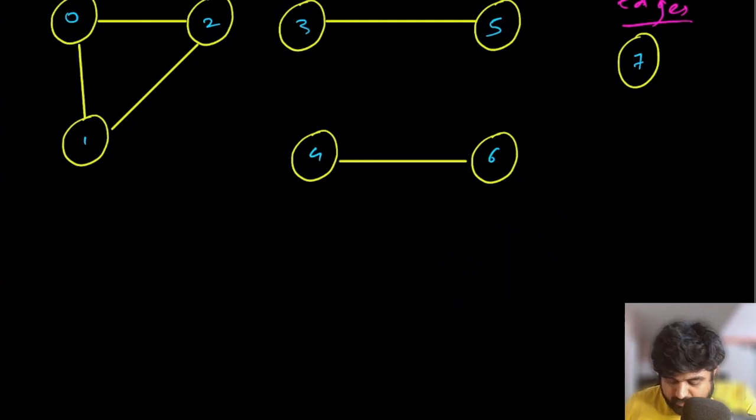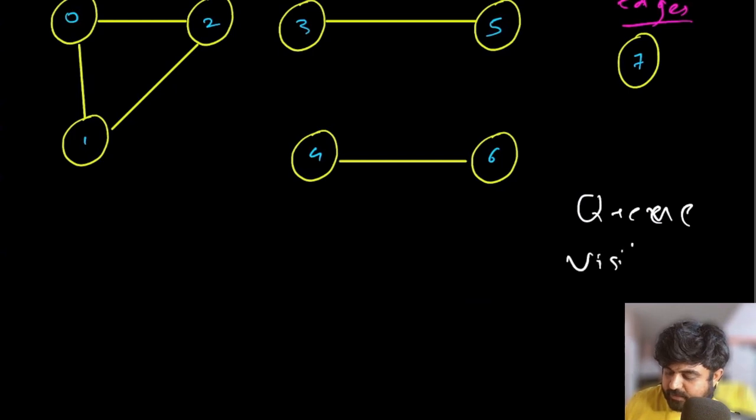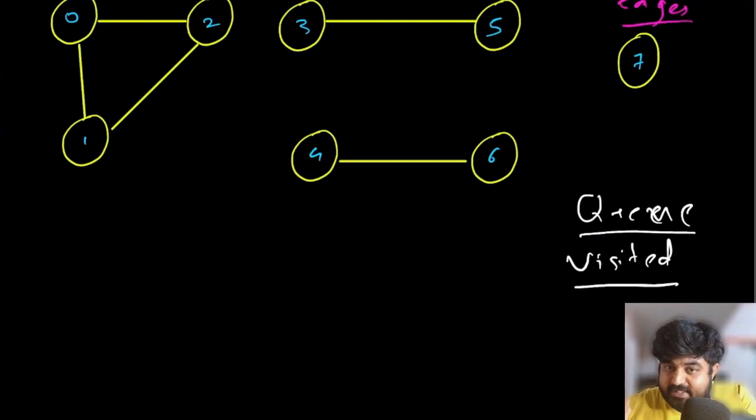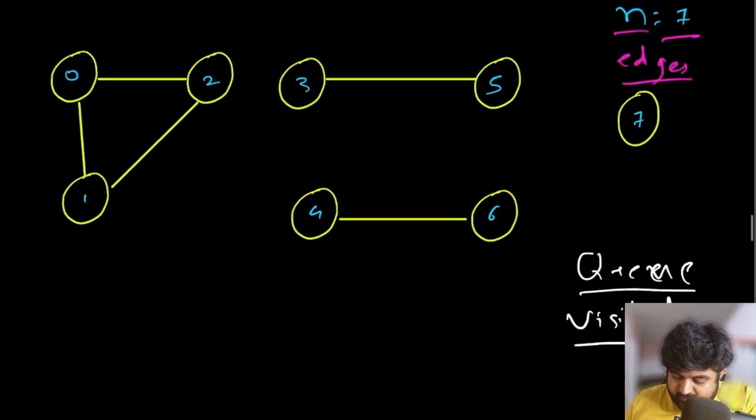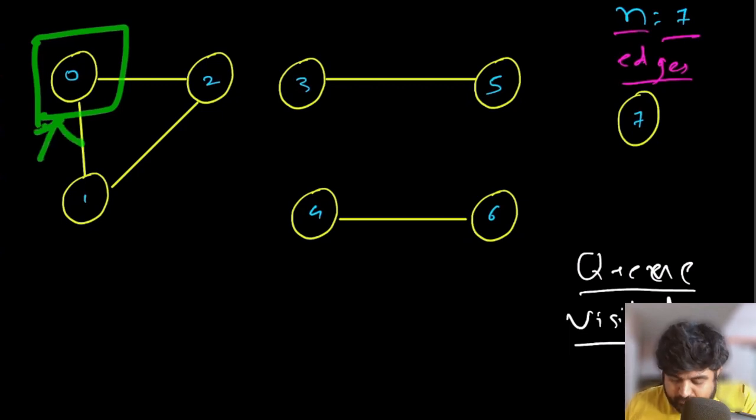And how are we going to use BFS? Well, we already know that in order to use BFS, we will have to use a queue, and we will also have to keep track of the visited nodes that we have already visited. Using these two items, we are going to make our lives so much easier, so let me walk you through the solution. First, we can start from any node, because this is a graph. There is no particular definition that we need to start from here or from here. For simplicity, we start from node number 0.